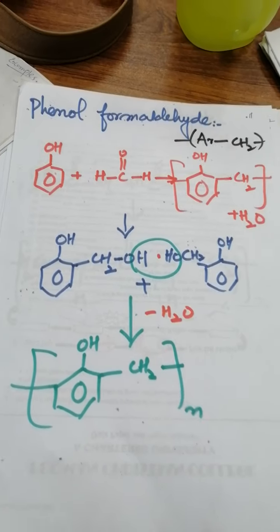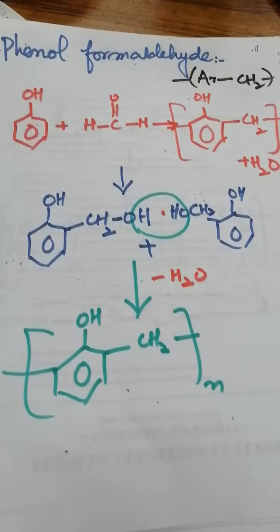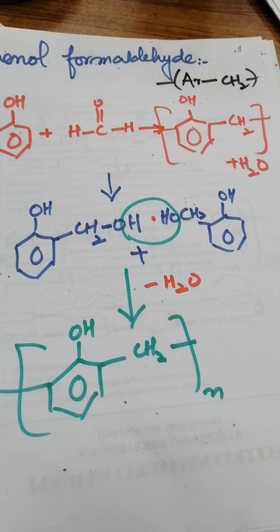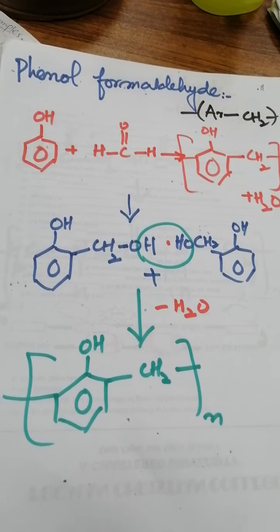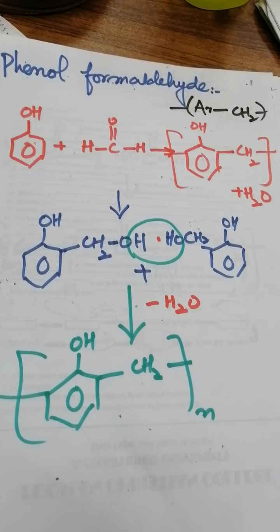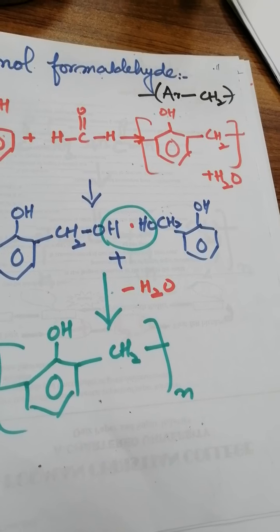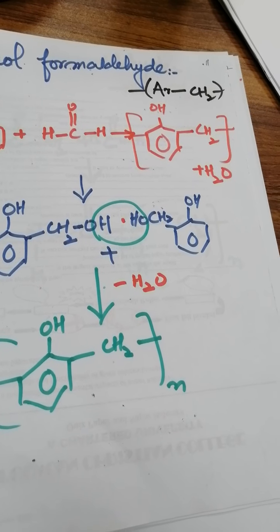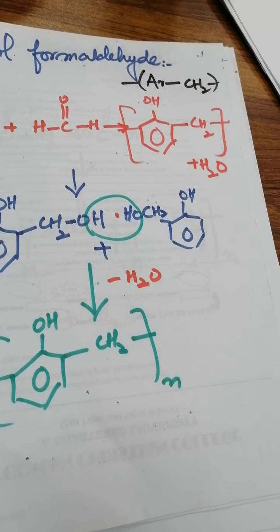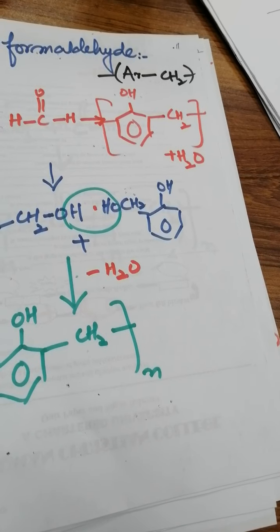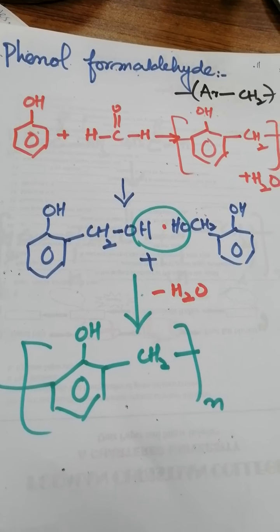Okay, now we will proceed with the formation. We're continuing the examples of condensation polymers. One of the examples of condensation polymers is the phenol formaldehyde polymer, which is bakelite. There's diverse application of bakelite, and we have also synthesized bakelite in the industrial chemistry lab experiment, right? And you see that's a pink color polymer, right?